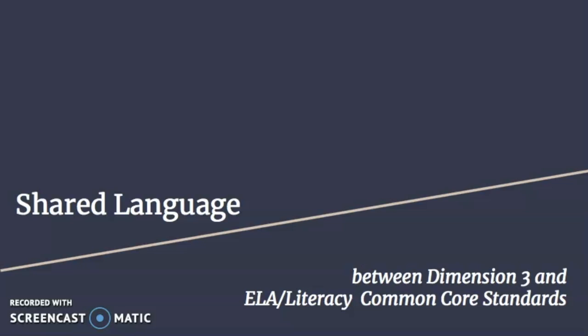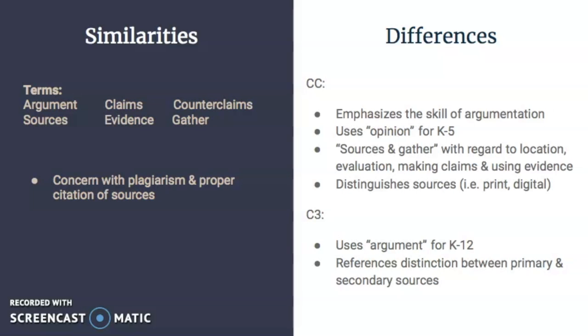The last part of Dimension 3 goes over the language it shares with the ELA Literacy Common Core Standards. It's important to note this so we can understand the similarities and the differences between the terminology and the way that it's used. And this can help us make sure that we are following both guidelines and that we can understand them well. So, the similar terms include argument, sources, claims, evidence, counterclaims, gather, and they are both concerned with plagiarism and proper